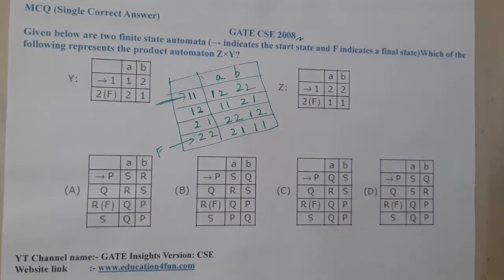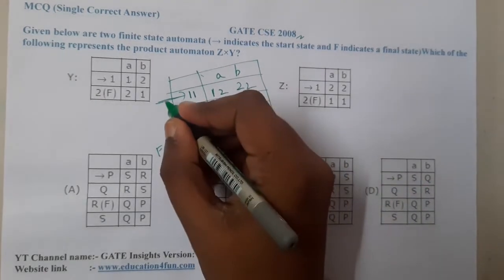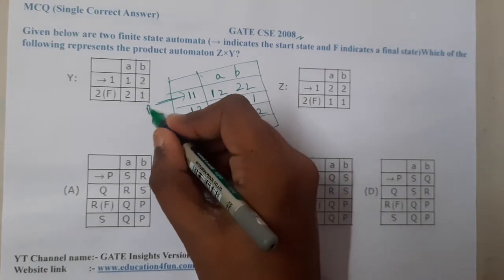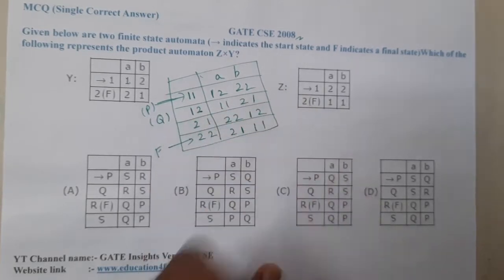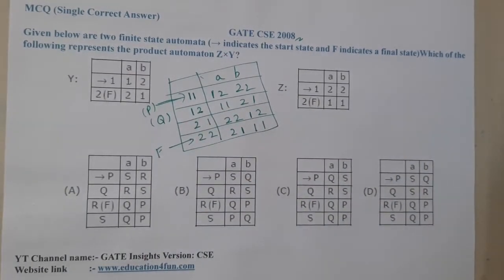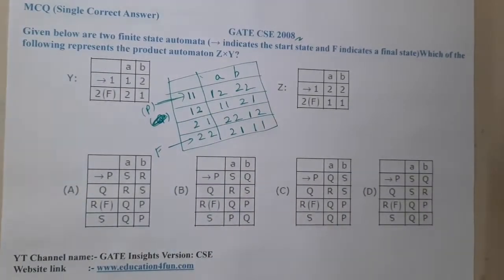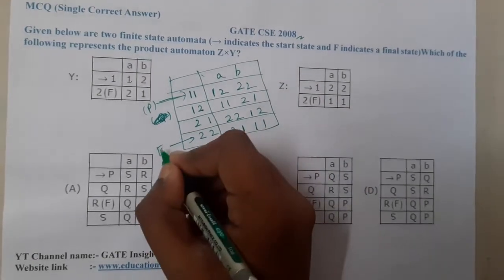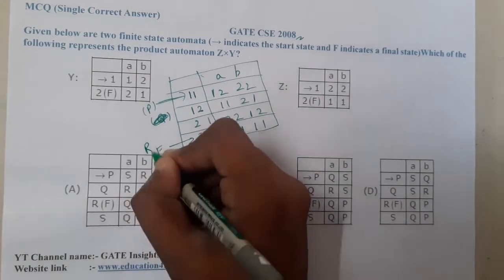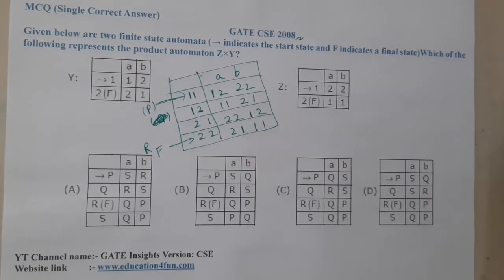Now the question is, instead of giving 1 1 and 2 2, they have deliberately given P, Q, R, S. Let us start converting it. So this becomes a P, this becomes a Q. I think they are playing with the order also, because if I write them directly, I could even get confused. We are 100% sure that the start symbol is P and the final symbol F is R. I can say these two things for certain. We don't know about the middle items.